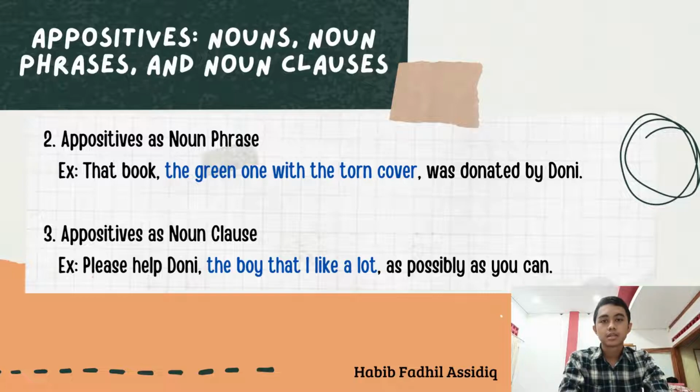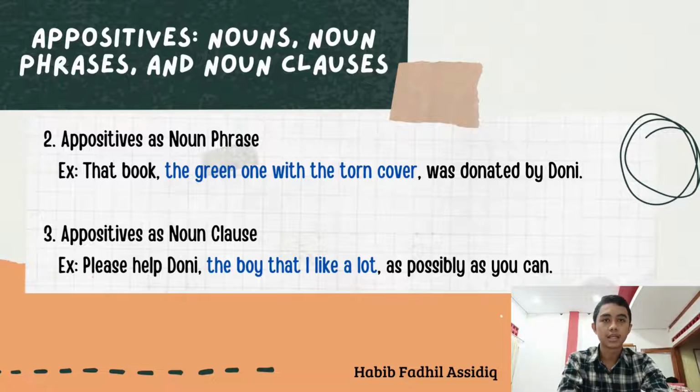After it, the third is the appositive as a noun clause. The following grammatical form that can perform the grammatical function of an appositive is the noun clause. Noun clauses are defined as subordinate clauses that consist of a subordinating conjunction followed by a clause. For example,